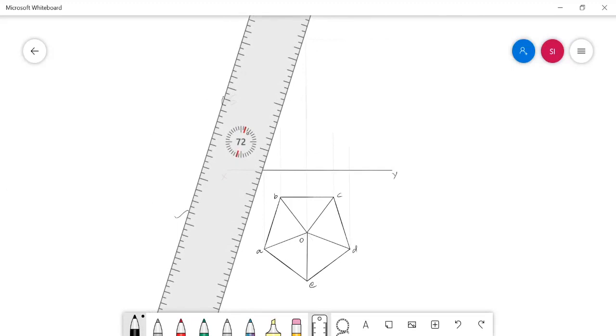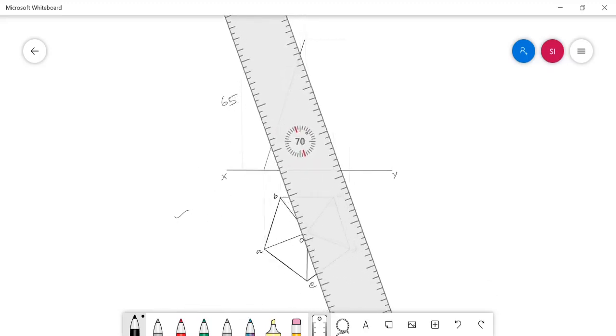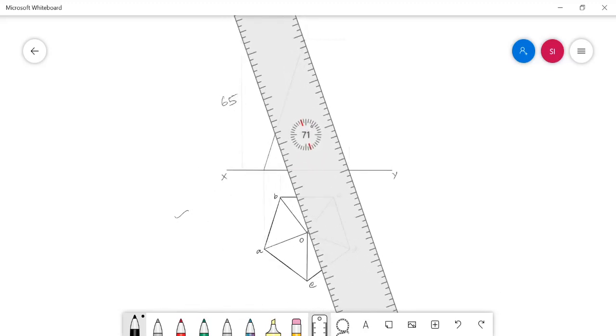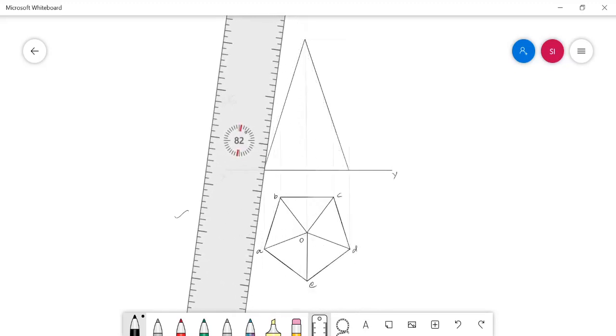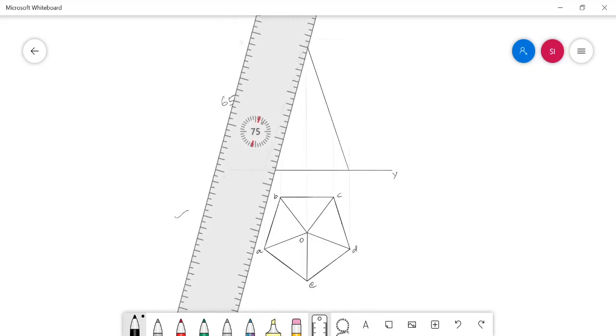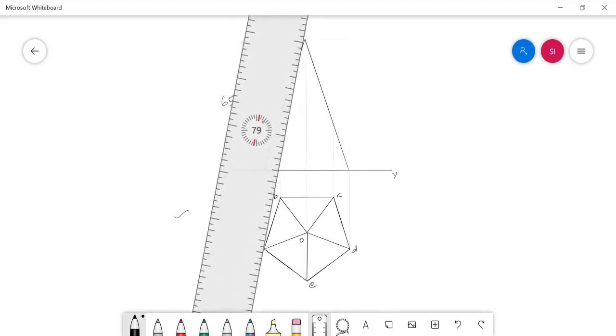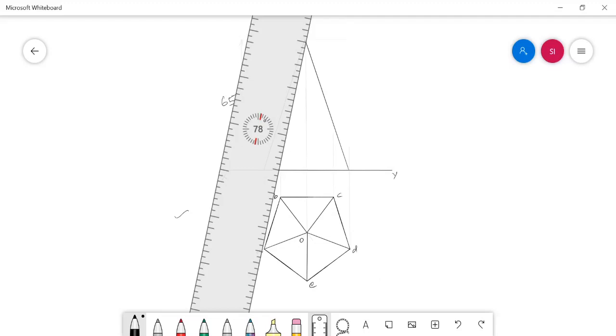And then I need to connect the slant edges one by one. The slant edges OB and OC are invisible when we view this solid in this condition from the front.